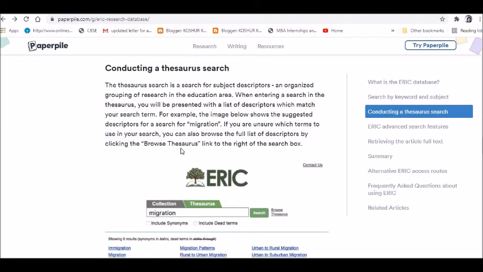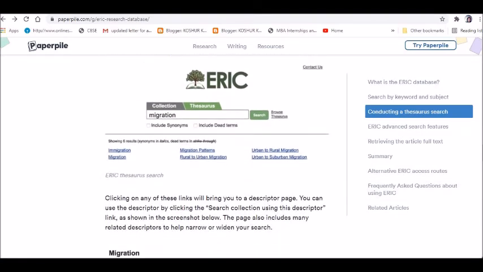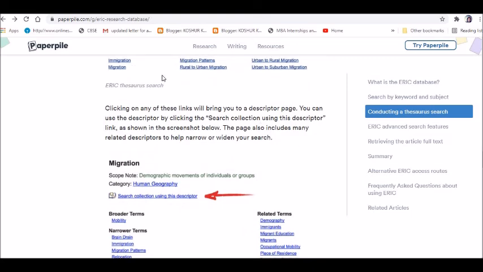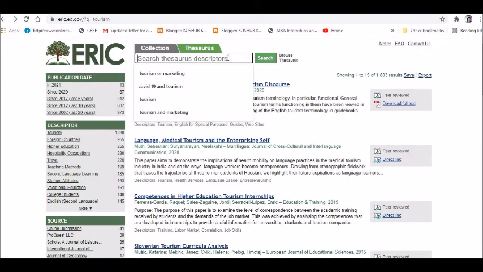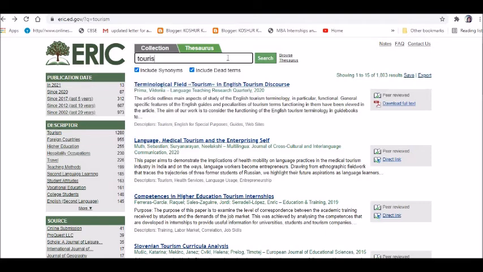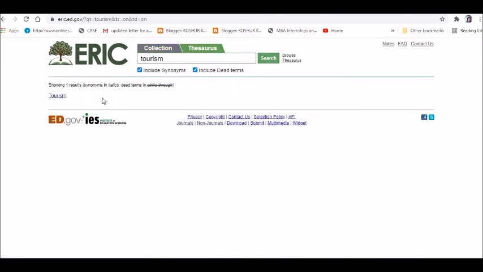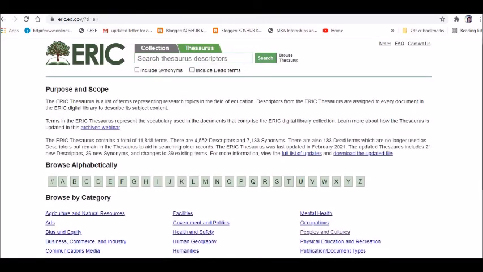Let us go back, and let me just pick up her favorite word, tourism, and now I'm at Thesaurus, and let's see. Okay, now I just got the word tourism, and now these are the ones that they have given to us for the word tourism, and what are the various Thesaurus synonyms, or you can say the other words, and these are in alphabetical order. So these are all the things that they give you. So if you feel that yes, some of them are quite useful for you, please go ahead and you can literally search and browse for yourself.